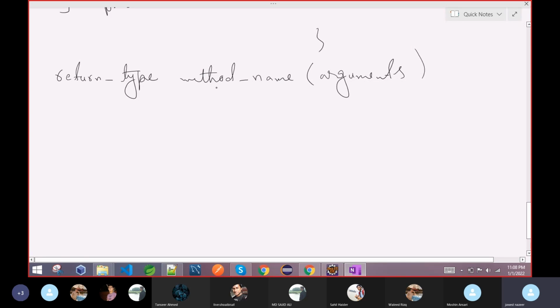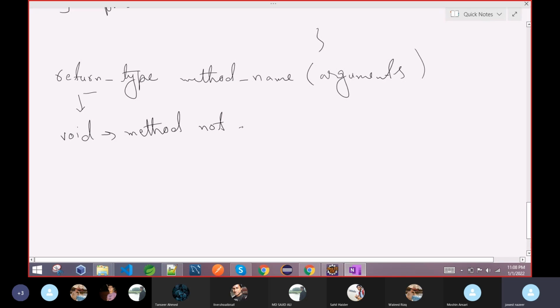When a method returns a value and what value it returns, we will discuss all of that. Just know that sometimes a method returns a value and sometimes it does not. If a method is not returning a value, then we have to mention the return type as void. Void means the method